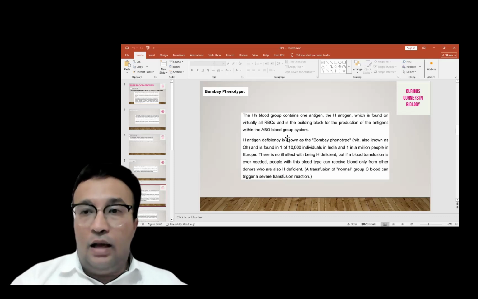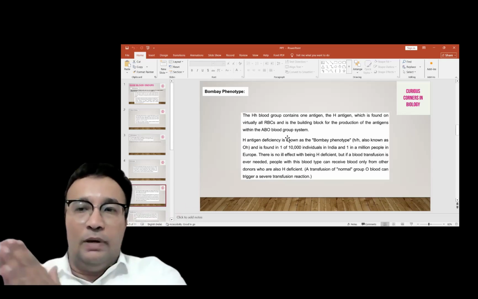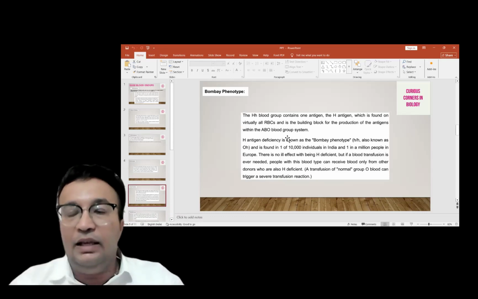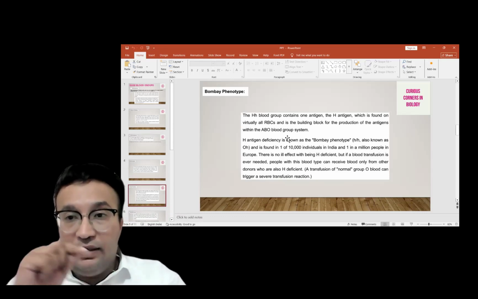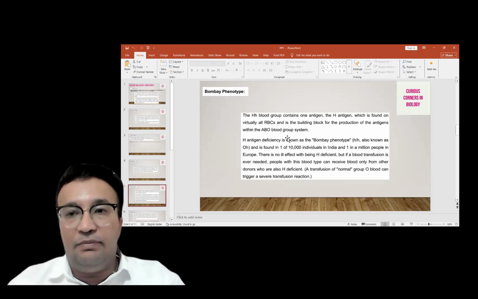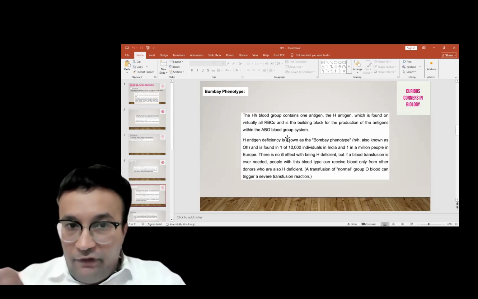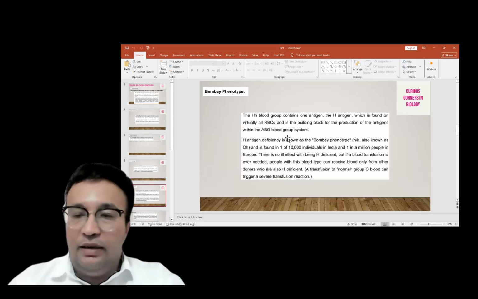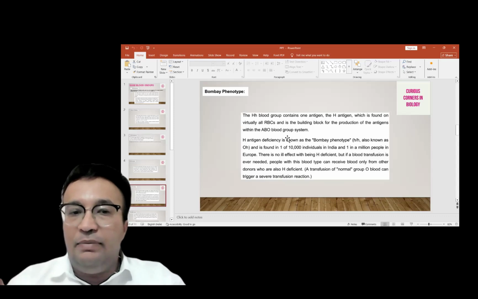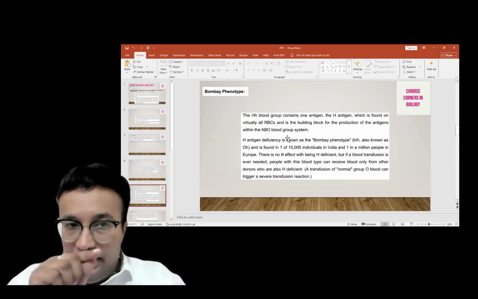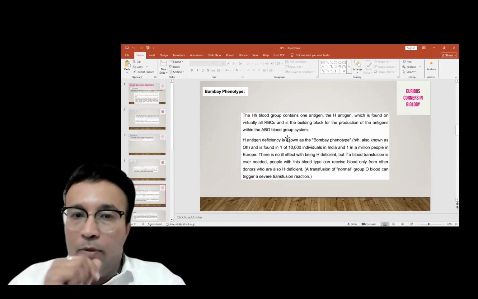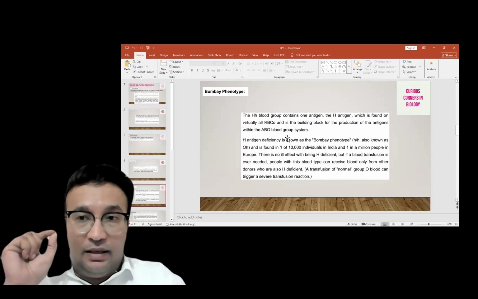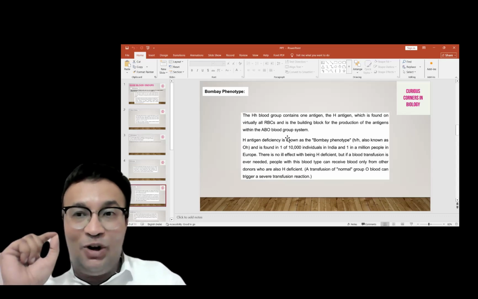Okay. Now, think about the ABO blood group system, and in that, a specialized antigen on the surface of RBC, that is H antigen, is responsible for production of A antigen and B antigen. Now, if H antigen is absent, then A antigen and B antigen are not produced, and this unique blood group is called Bombay phenotype. Okay, and please remember that this is not O blood group,